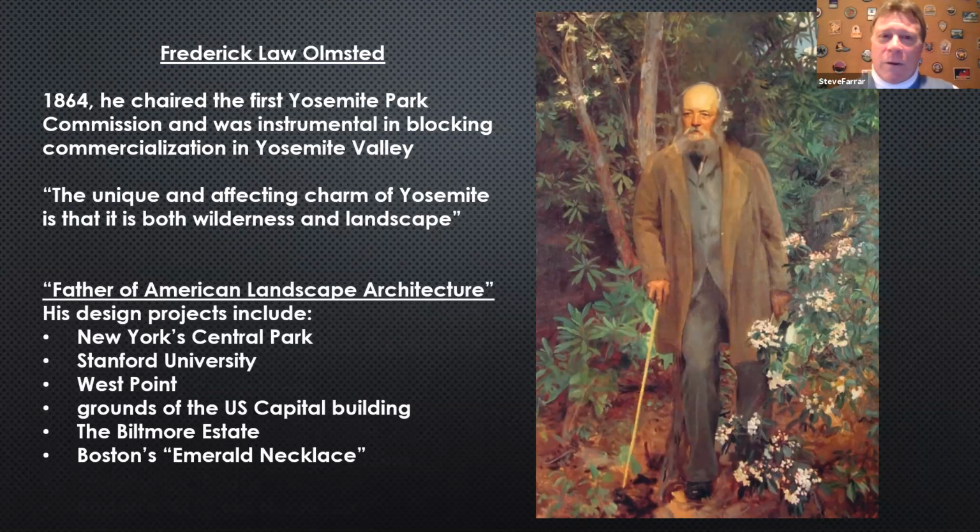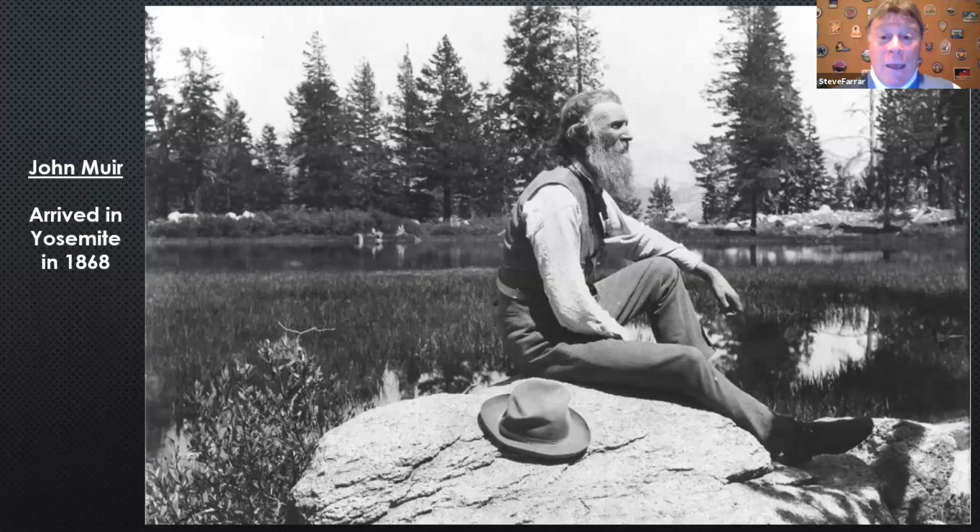Father of landscape architecture. He's got quite a few notches on his belt there. I don't know if you've ever been to North Carolina, the Biltmore Estate. That was his doing. He designed Boston's Emerald Necklace, all the parks around Boston, Central Park in New York, the U.S. Capitol building grounds. He was pretty productive. So he ended up leaving there, but initially Yosemite Valley was under his charge,